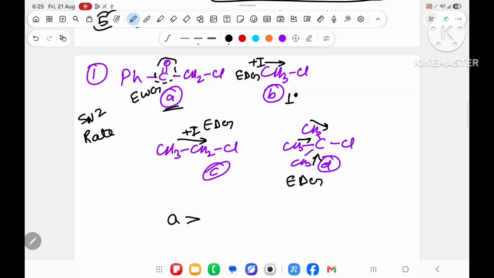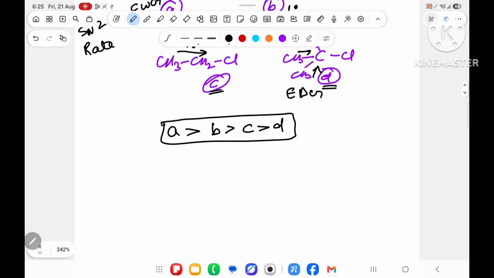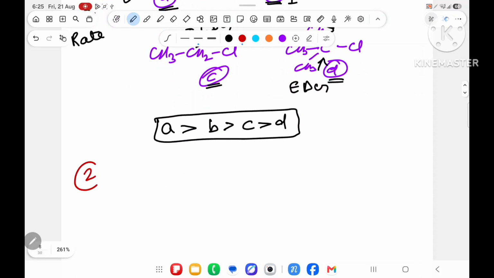So this is electron withdrawing group. In electron donating group, less here, a little bit more here, very high here. So A, then B, then C, then D. AB, CD has more SN2 rate. Understood the point? Second question, suppose I have written PhCH2Cl, CH3CH2Cl